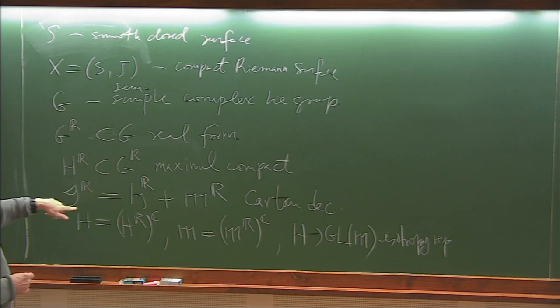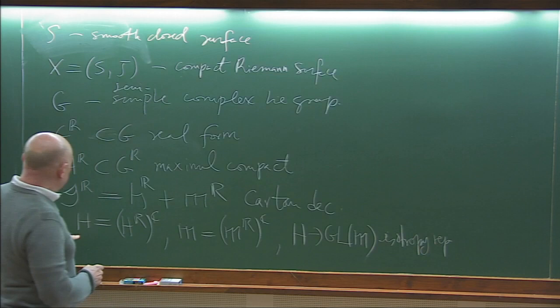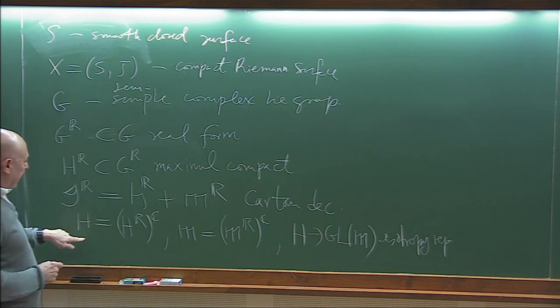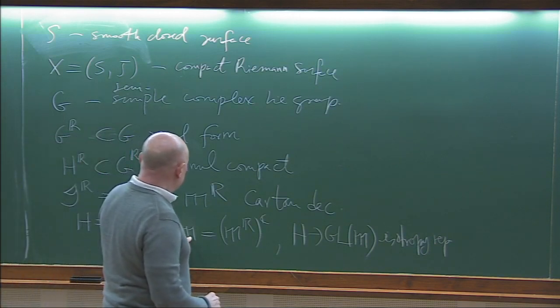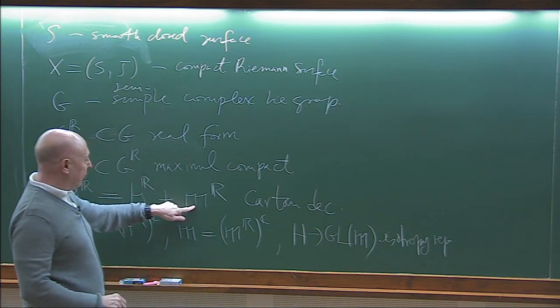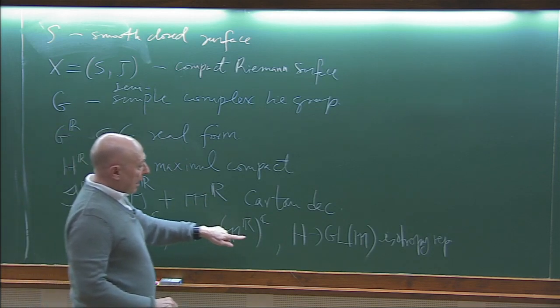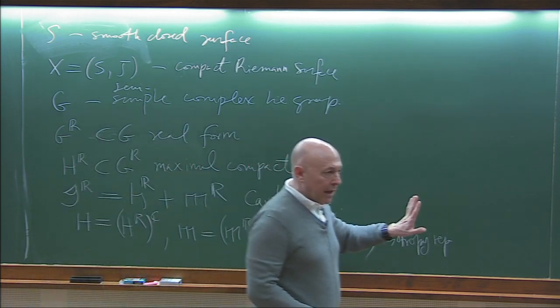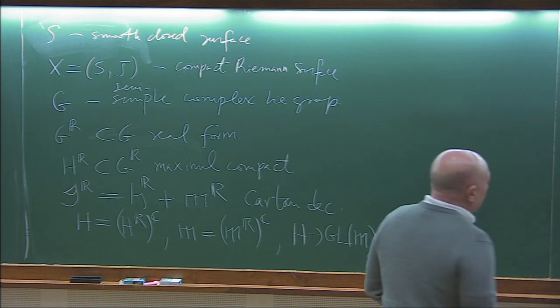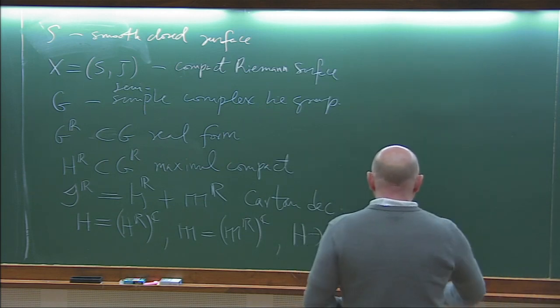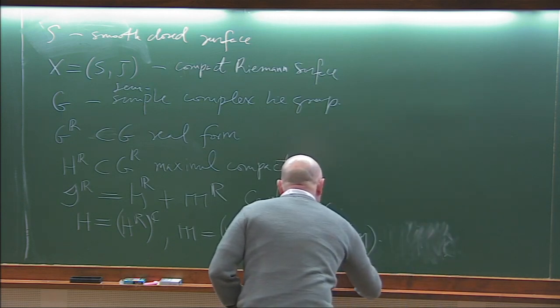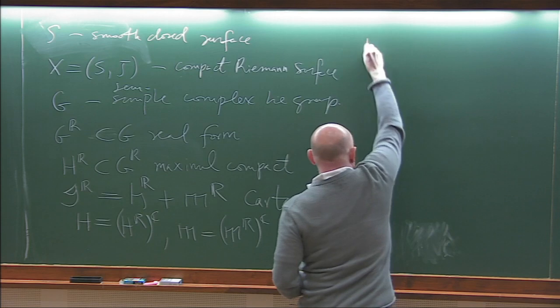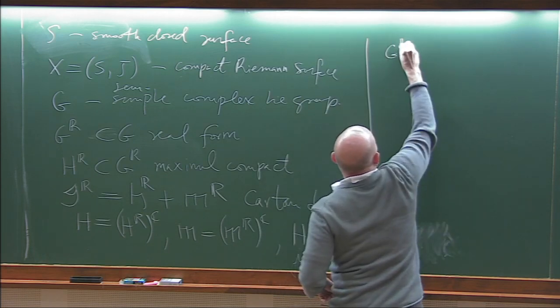HR was a maximal compact, and then we have the Cartan decomposition here. I complexify the maximal compact group, and I get generally a reductive group H. Then I complexify M, the orthogonal part to the Cartan decomposition with respect to the Killing form, and I have the isotropy representation. These are the Lie theoretic ingredients to remember, to define the notion of GR Higgs bundle